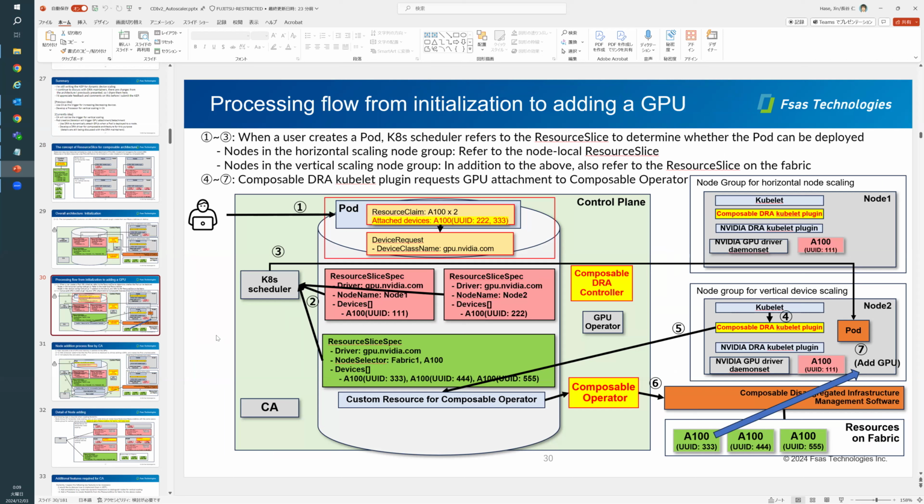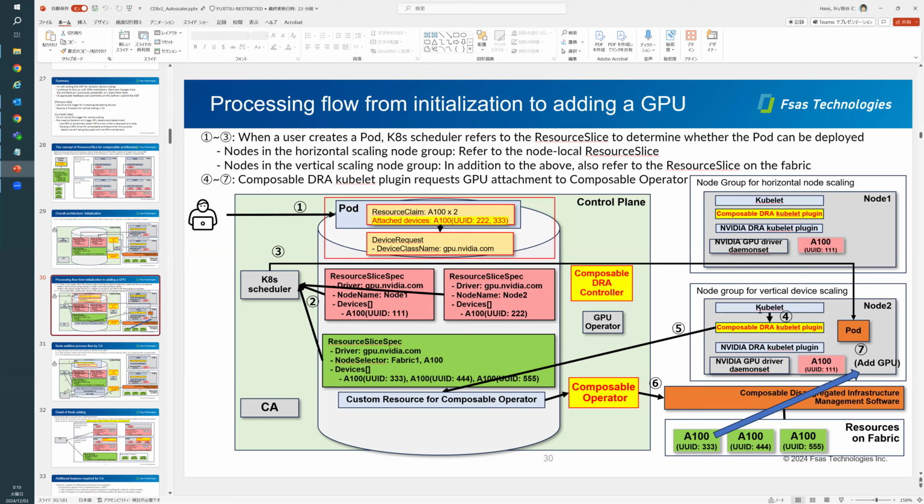Sorry, I gave a misleading explanation. The actual processing flow is here. The user creates a pod by using a resource claim, and then the scheduler looks at the resource slices, and when the scheduler decides the node for pod scheduling, then